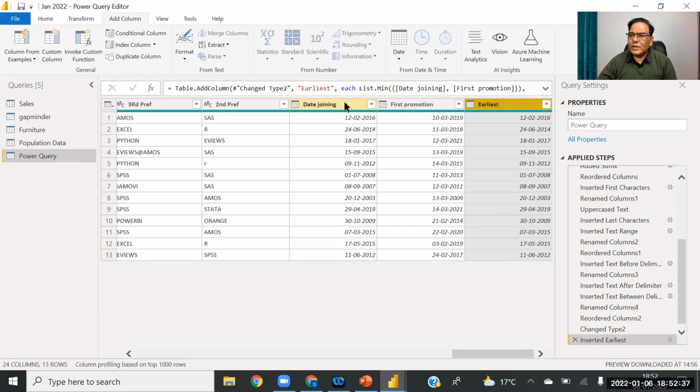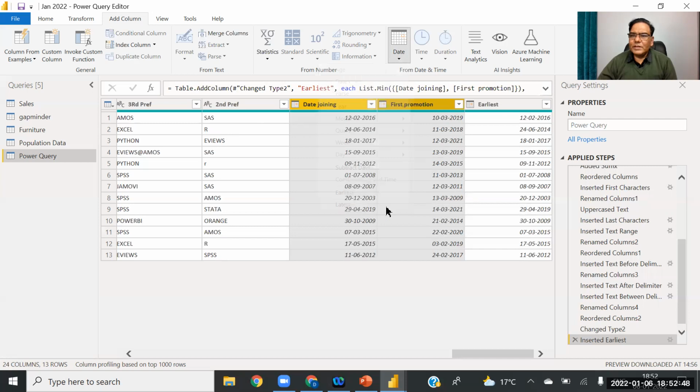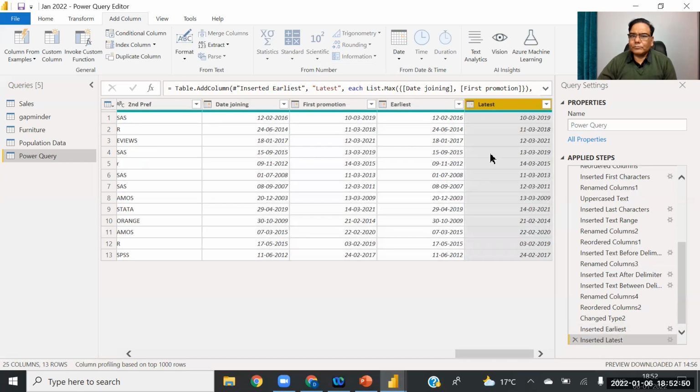In fact, we know that date of joining is the earliest date. So the earliest date comes here. Similarly, if you go to Date and click on Latest, the latest date will come. So how easy it is to perform the date functions in Power BI. Okay. Now I am deleting this.